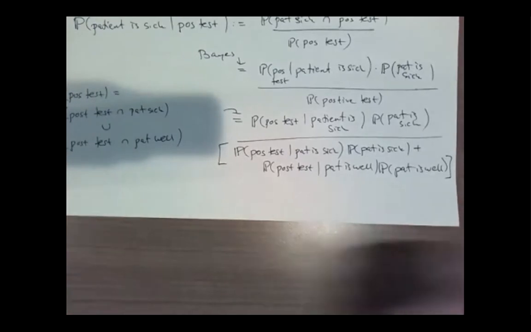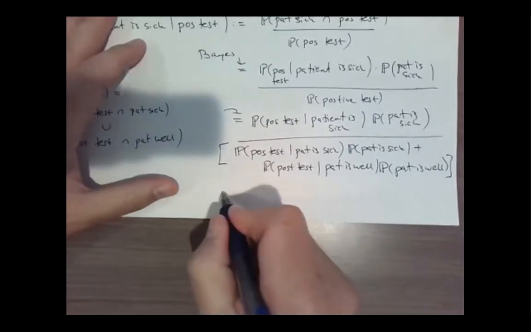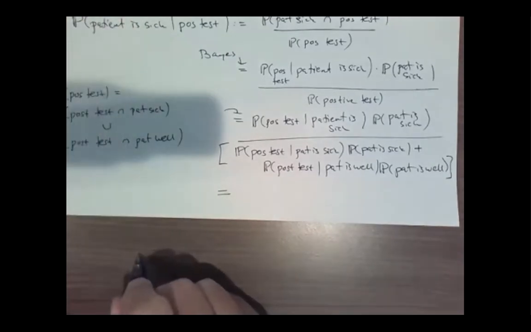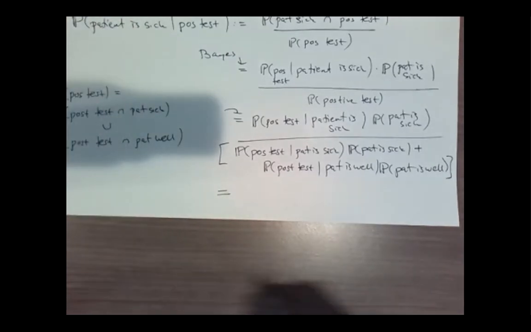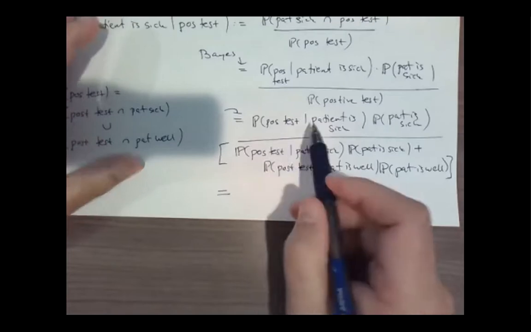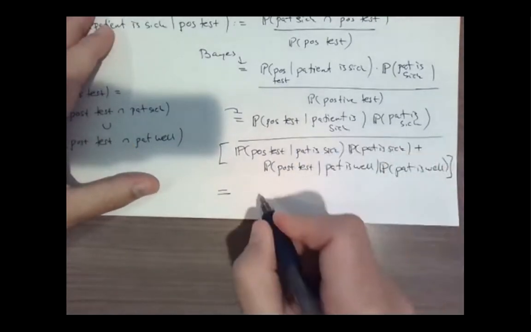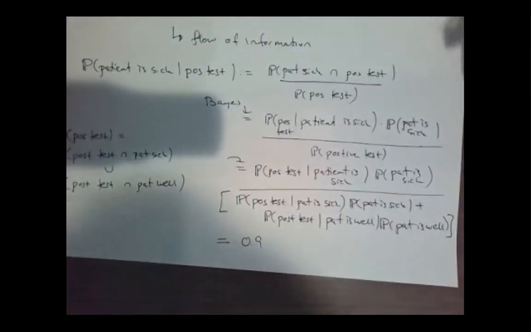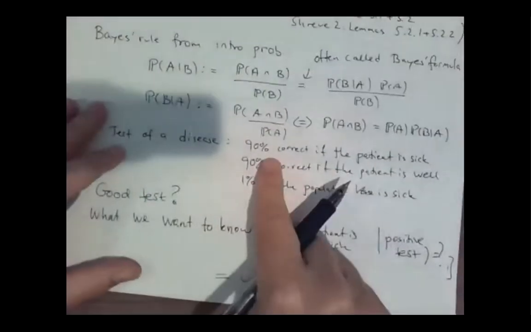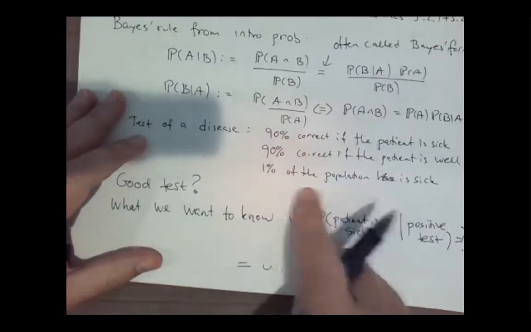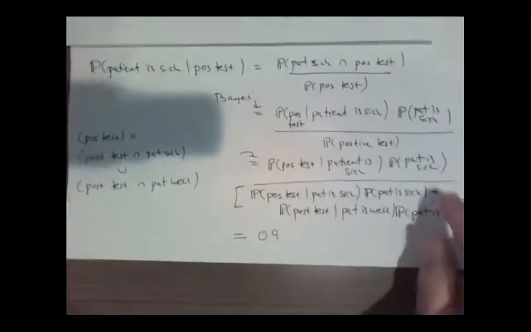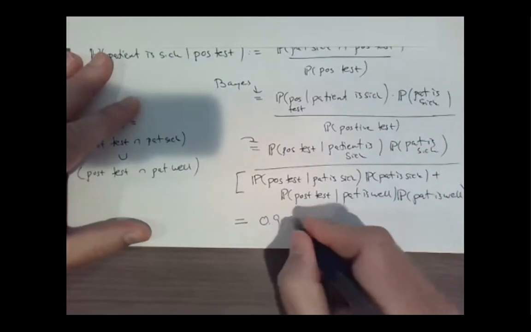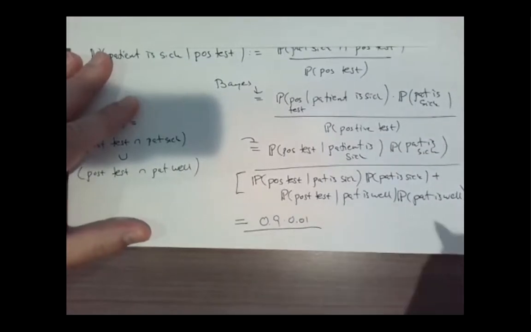So now I have all the numbers that I need. I'll just plug in numbers. These numbers were all given. Like there's a 90% probability here that the test is positive when the patient is sick. So this is 0.9. Where do I write it? There's 0.9 here. And there was 1% of the population is sick. So the unconditional one, this is going to be times 0.01. We divide by,